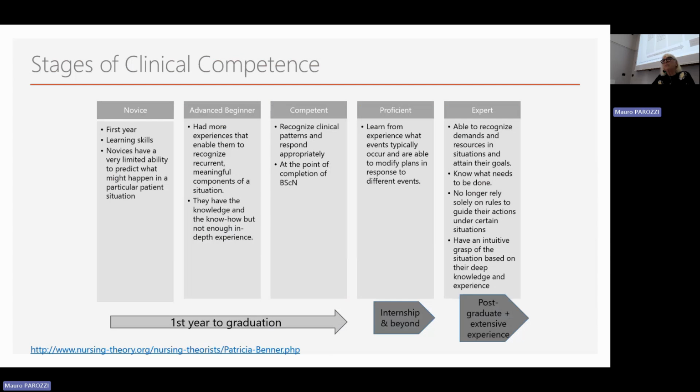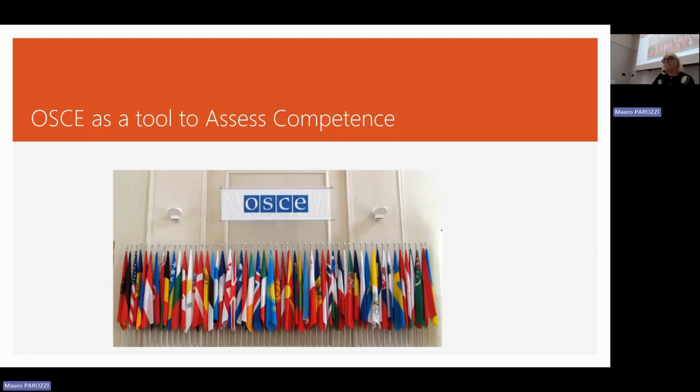Basically, what we mean by competent to practice is, are they safe? Can you give them a license to practice nursing or practice medicine and be confident? Yes, they're not yet proficient and they're not yet expert. They're not a nurse practitioner. They're not a ward charge nurse. They're not a leader of a health service, but are they safe to practice? So the purpose of what we're going to talk about today, the purpose of OSCEs, is how do you design an OSCE to ascertain safety to practice, because that's the core of our responsibility.